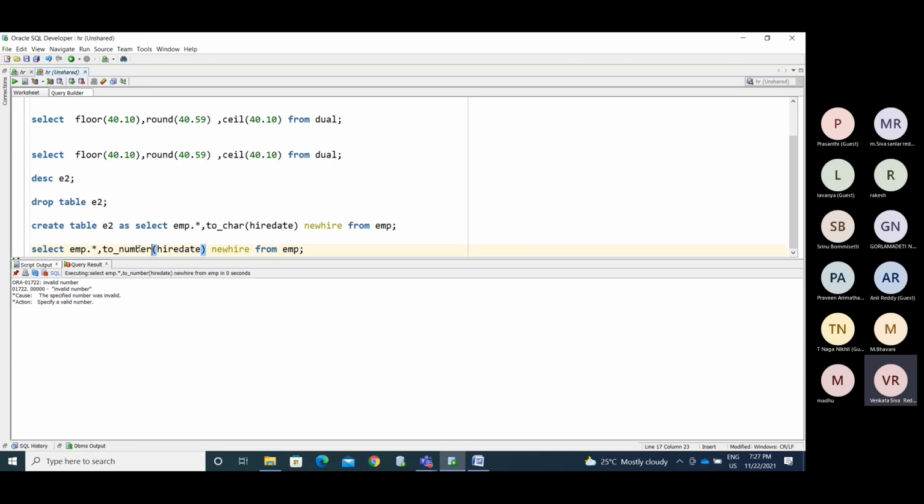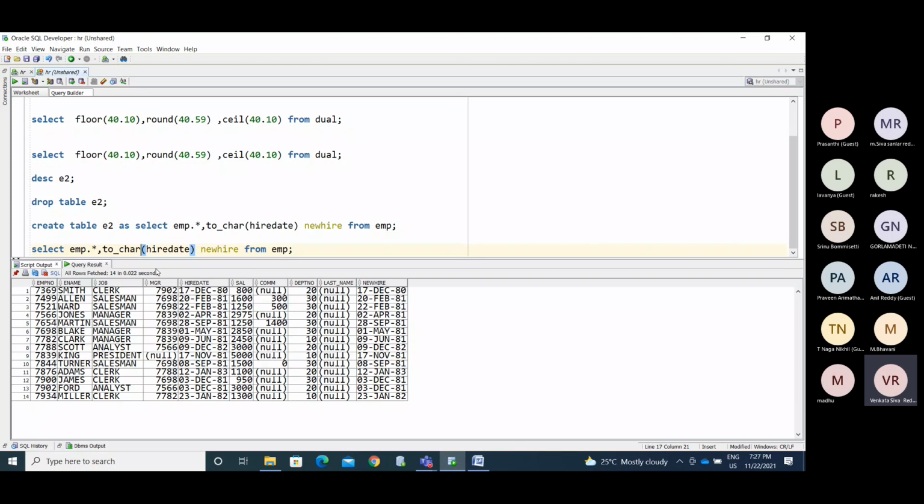Now, if you want to convert the date into a number, first you need to make it, like I say, TO_CHAR of hire_date. Now I'm mentioning these date values like DDMM.